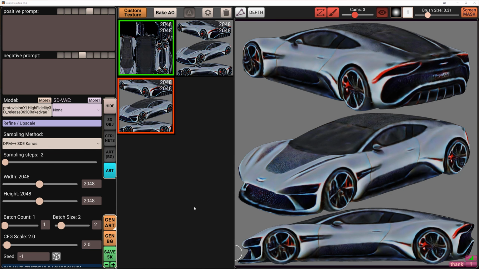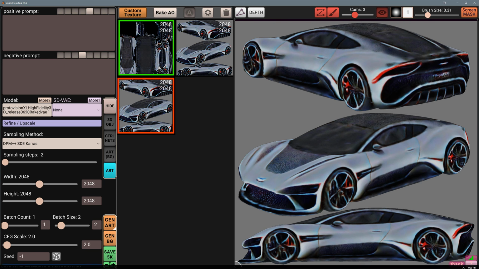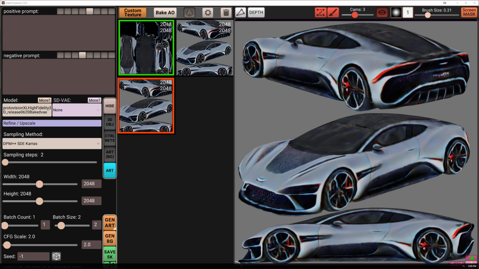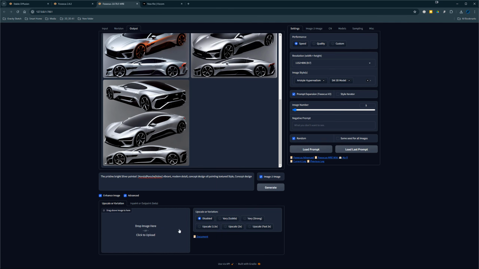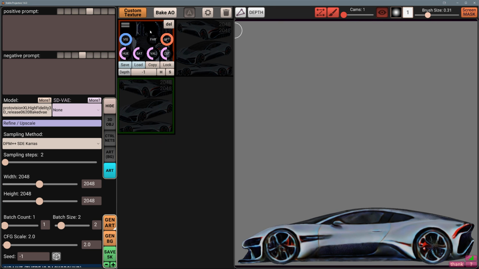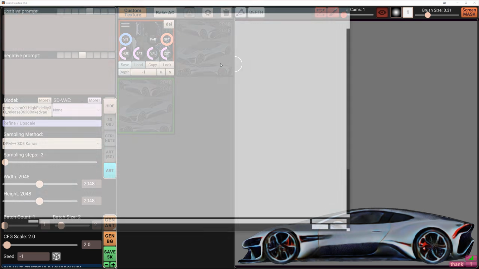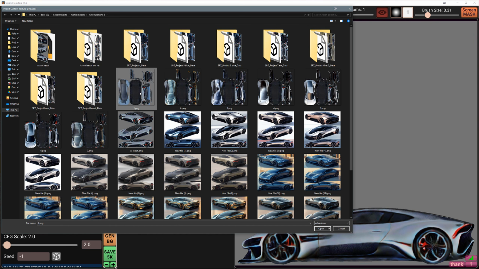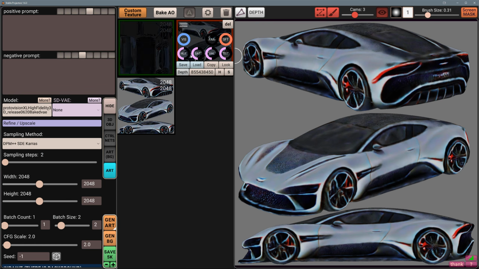So one thing I almost forgot to talk about was creating variations. It's a tool within Focus that is under the enhanced image over here. If you put an image in and hit vary subtle, what it will do is create variations of the image. I'll go over that in a second here. So what I like to do is to replace the original texture map with one that we had generated. So we'll just go back to the original blue one that we had, and you'll see once I delete these images,